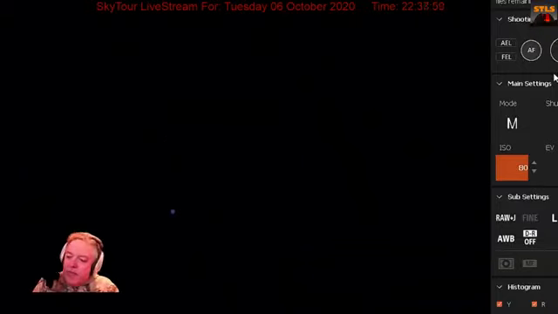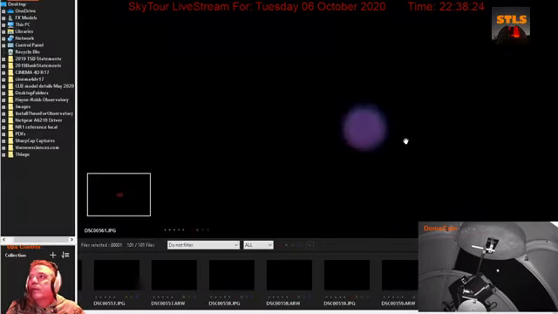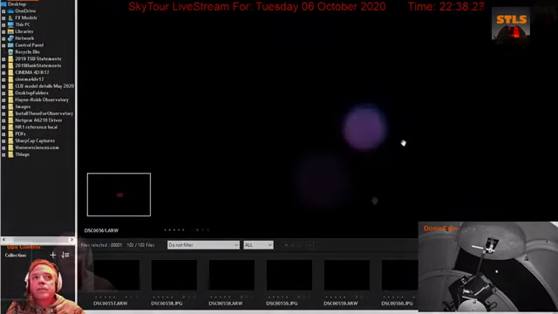Okay, there's our new STLS logo right there, by the way. I go from that one main view to taking pictures and getting us a shot of Mars once again with this view here.